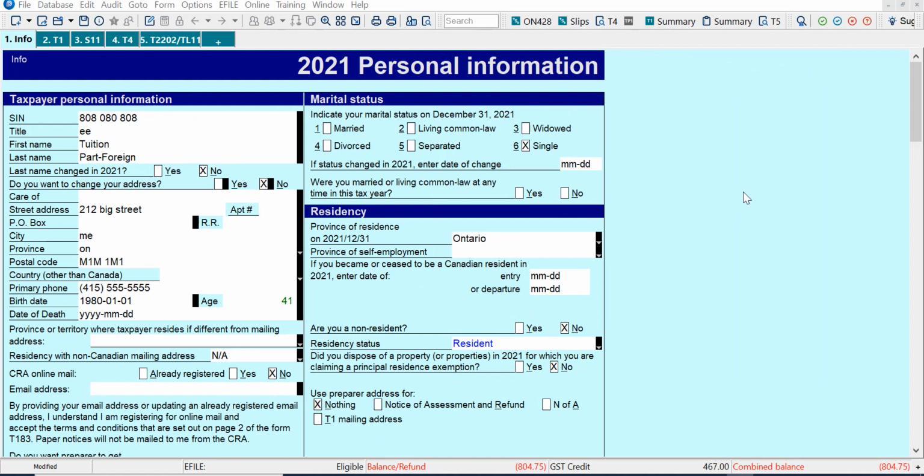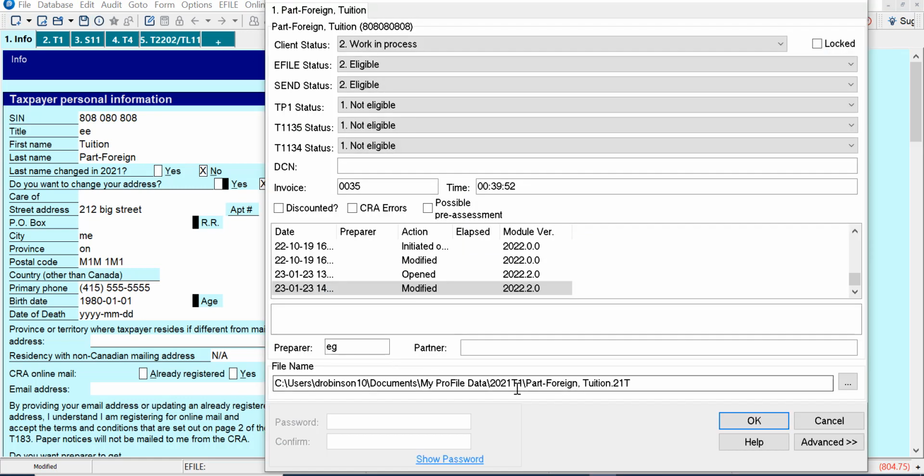I'm in Profile now, and I'm in a 2021 T1, and I'll demonstrate the issue that I'm trying to discuss in this video, and then discuss more about files and where they're saved. Okay, I've got this 2021. If I go up to properties, I can see it's saved in the 2021 T1 folder, and that's what we